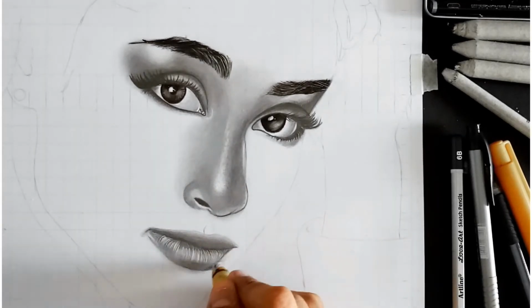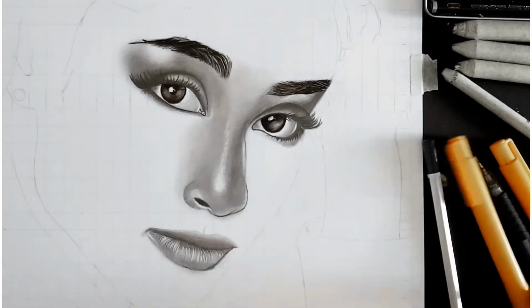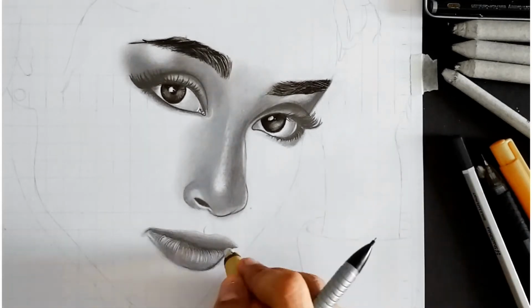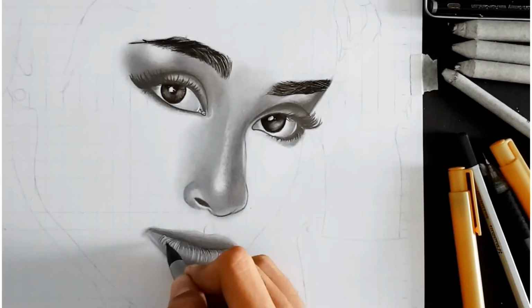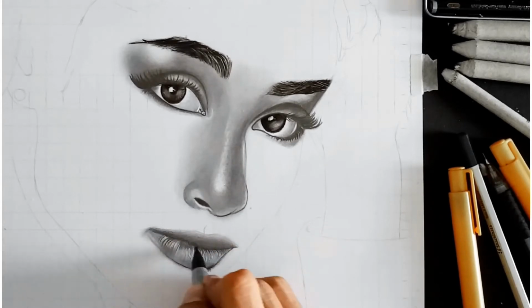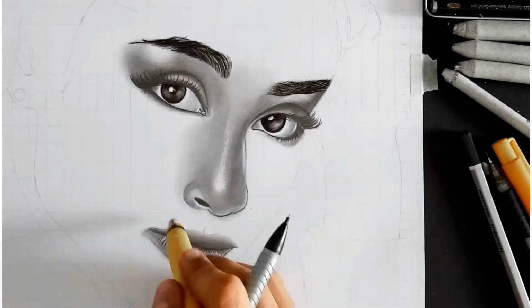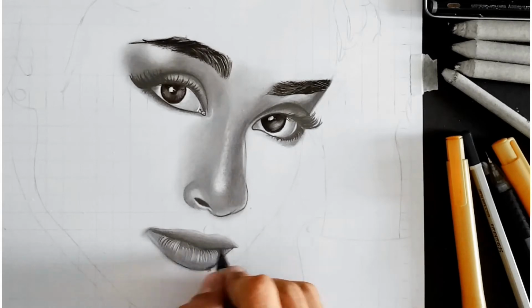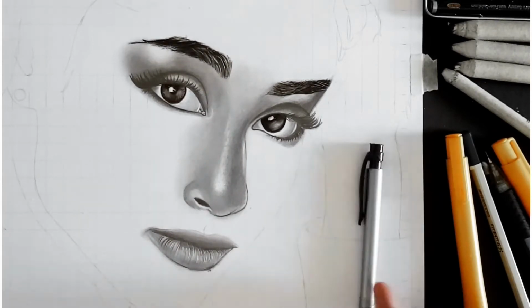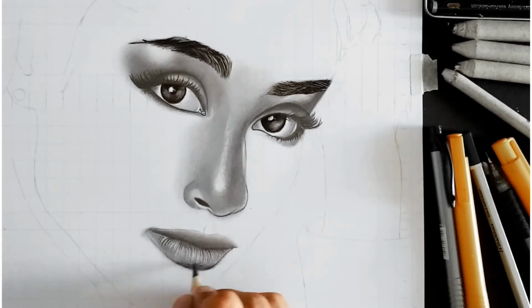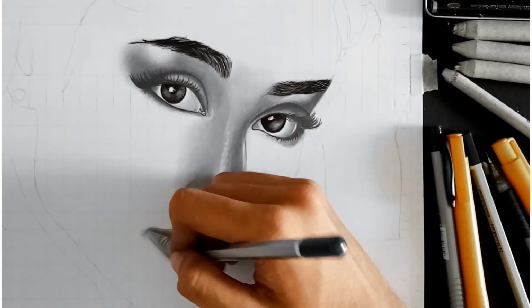Now I am darkening the outlines using a mechanical pencil. Finally, using a 10B pencil adding a darker shade in the lower portion and adding some darker lines.